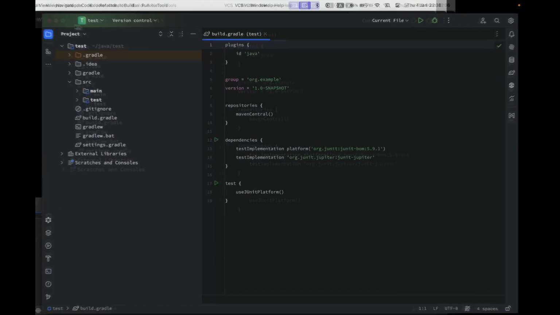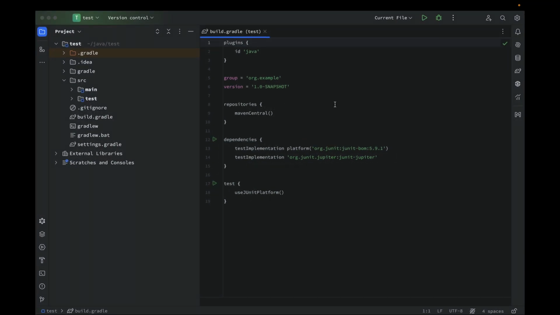Wait some time to let IntelliJ set up our project, and here we see that IntelliJ IDEA generated dependencies for us: the JUnit platform, JUnit BOM, and JUnit Jupiter, and they will help us to run our tests. As you see,